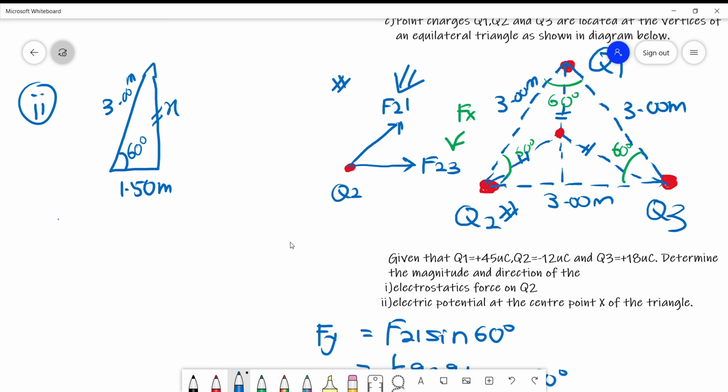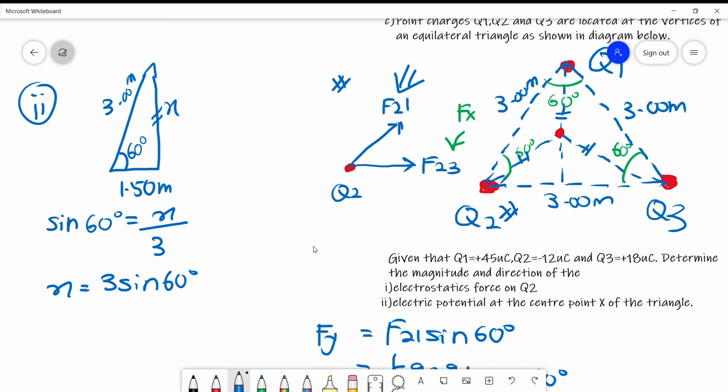So sine 60, is it sine 60? Sine 60 is actually equal to x. Sine equals the opposite divided by the hypotenuse. So x is basically 3 sine 60. So in this case,